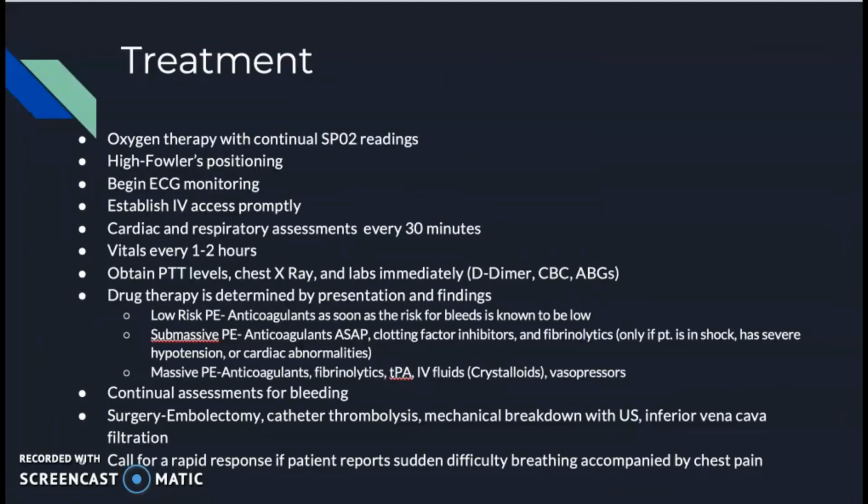So treatment is going to start with oxygen therapy, high Fowler's positioning, and getting a cardiac monitor going. IV access should be started right away. Then cardiac and respiratory assessment should be done every 30 minutes, looking for neck vein distension, comparing blood pressure between